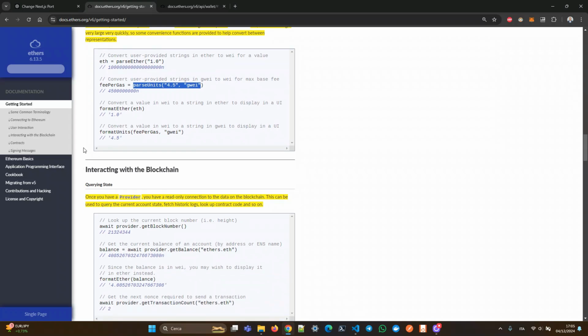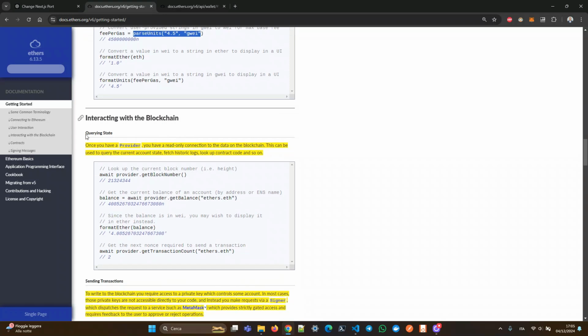So we can convert from Ether to Wei, and from Wei to Ether, according to whether we want to show the information we are using on the blockchain, or we are showing the information in our application. Now that we have the provider, for example, we can use the provider to query,